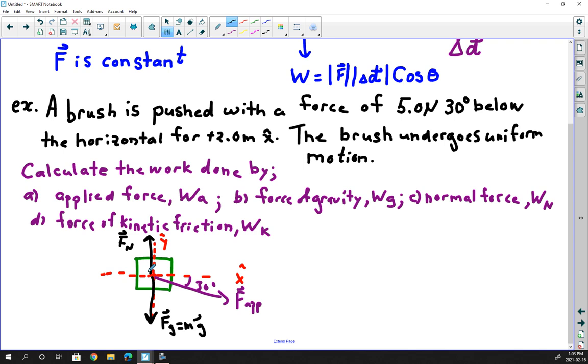What else is acting on the object? Well, there's the force of kinetic friction. So we've drawn the free body diagram. And now